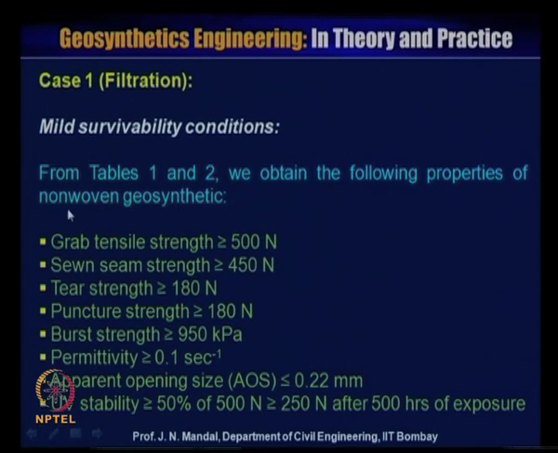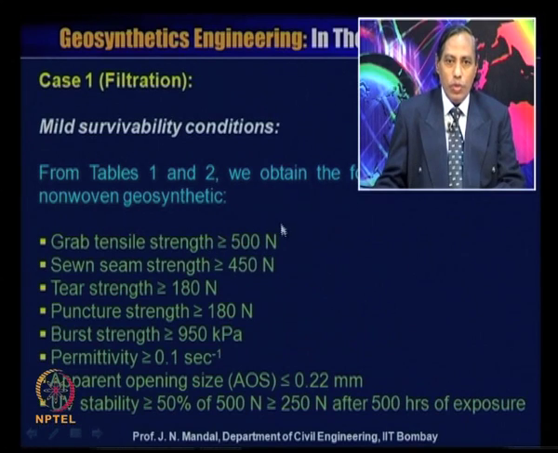We can obtain the following properties for non-woven geotextile material: Grab tensile strength is greater than or equal to 500 Newton, strain seam strength is greater than or equal to 450 Newton, tear strength greater than or equal to 180 Newton, puncture strength greater than or equal to 180 Newton, burst strength greater than or equal to 950 kilopascal, permittivity greater than or equal to 0.1 per second, apparent opening size, which we say AOS, less than or equal to 0.22 millimeter, and UV stability